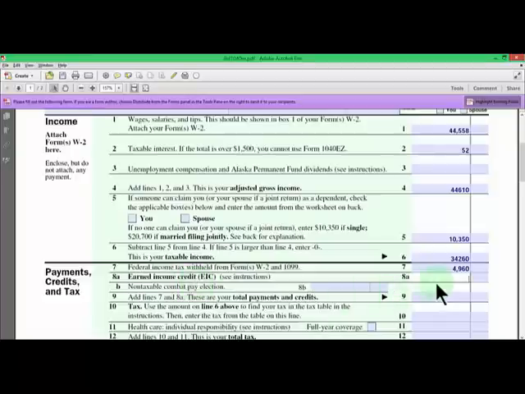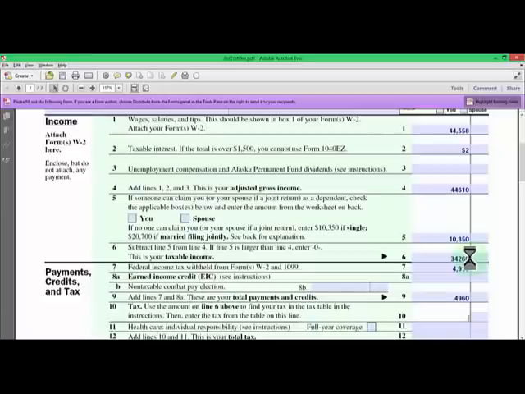For now, you can just leave tax credits blank. And here in line 9, we would add up line 7 and 8, so just the same 4,960 in line number 9. Now in line 10, we would have to figure out the tax that's based upon the taxable income back on line 7. Here's, in line 6, that's the taxable income of